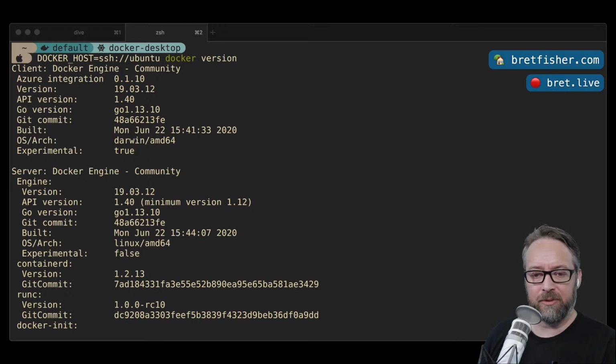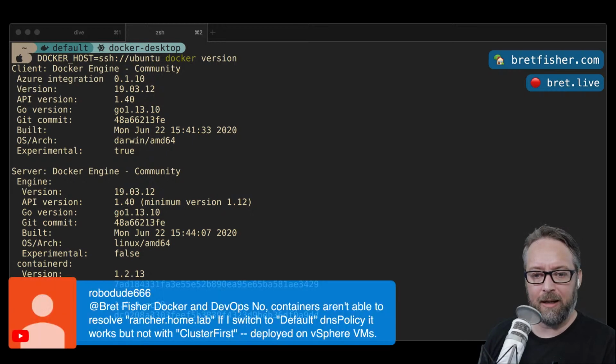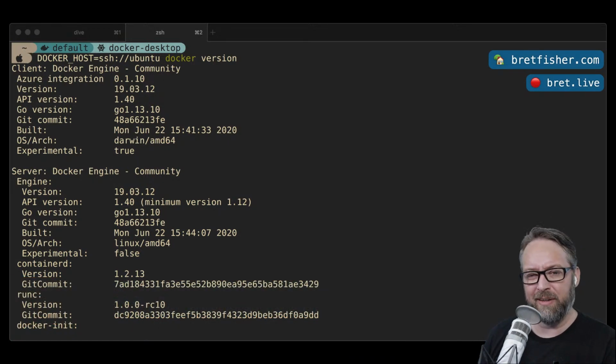No, containers aren't able to resolve rancher.home.lab. If I switch to default DNS policy, it works, but not with cluster first deployed via vSphere VMs. Yeah, and I don't know. That would require more advanced troubleshooting. I'd have to spend some time on that. I don't really have any recommendations. Sorry,